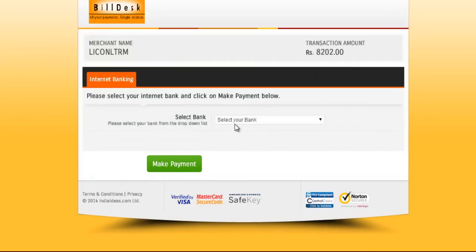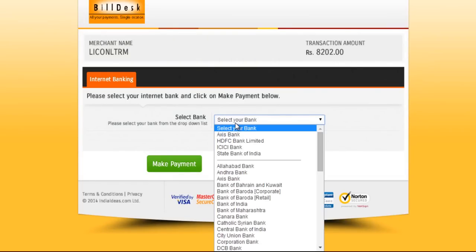Okay, so you come here, and then it's pretty straightforward. All you need to do is select your bank and whatever you want, and then just make the payment. Once you make the payment, I'm sure it will send you a mail about your payment, and afterwards you will also get an email from LIC about the status of your medical examination, when it is scheduled, whether it is going to be there or not. In case your proposal is not accepted, you will be refunded your premiums.